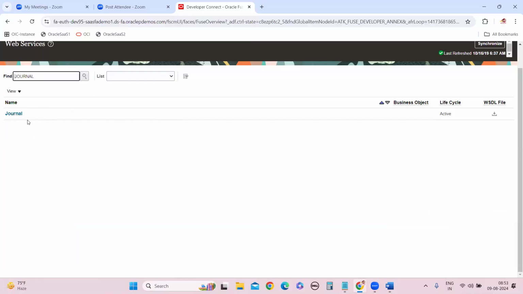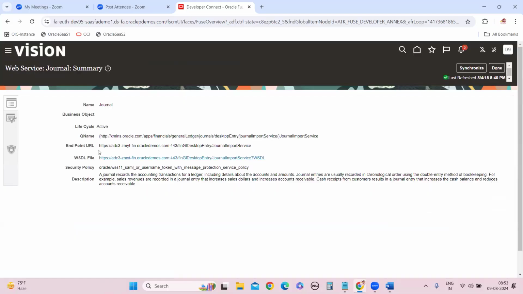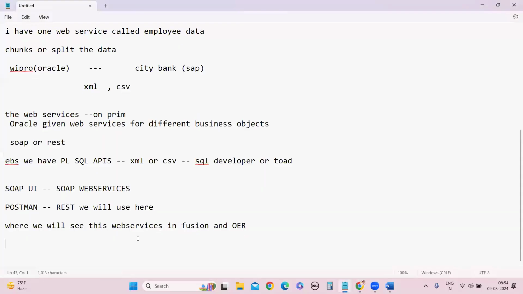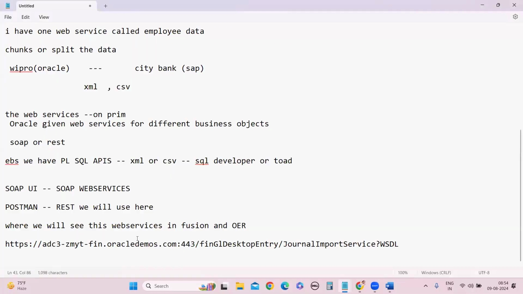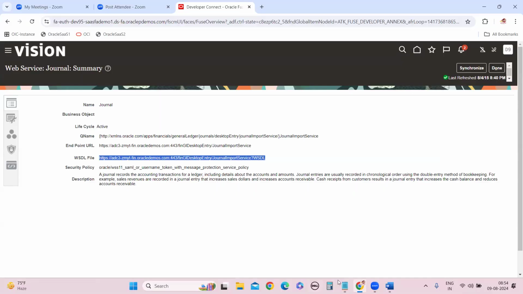So the web service name, if you want to see, click on this link. This is the web service URL. Copy this web service URL here. I want to test whether this web service is working or not. I want to do a basic test, I don't want to run it, just check whether this is working or not. For that,